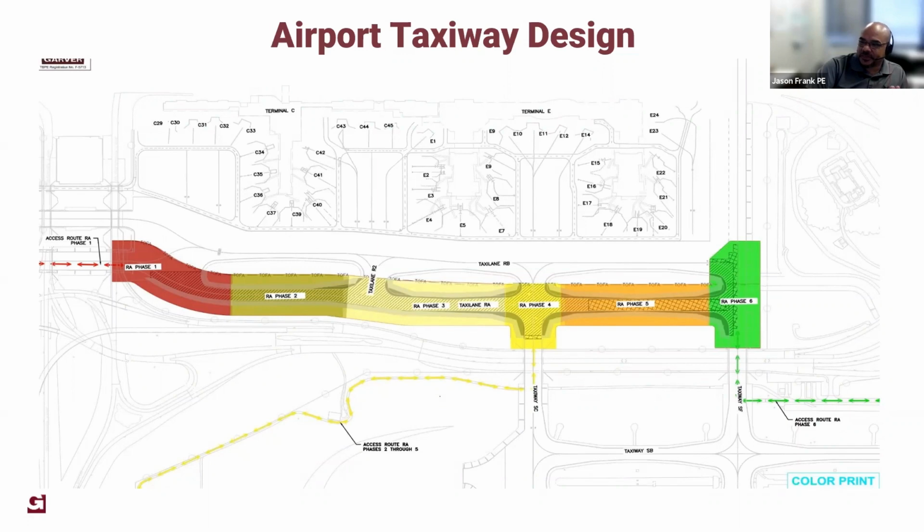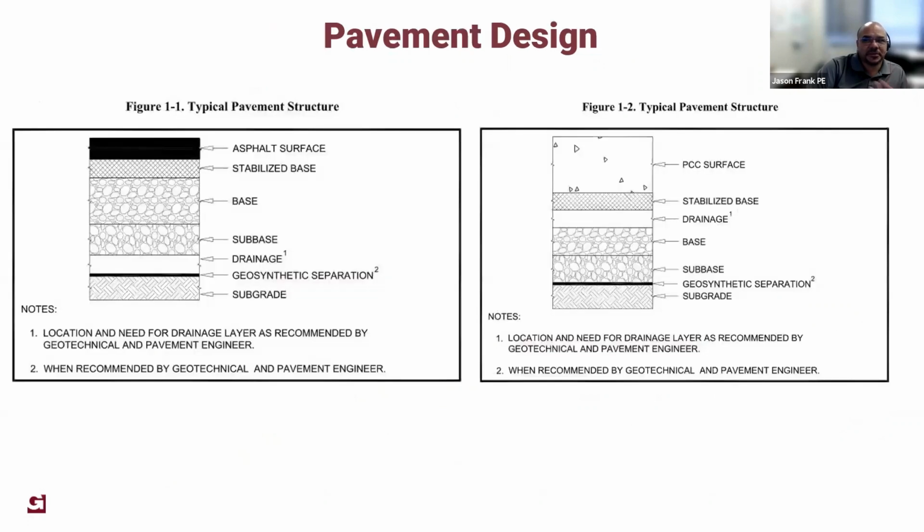So we talked a little bit about geometrics. We talked about runway, taxiways, and how those are done. So we kind of get into the pavement a little bit. Our typical pavement structure here for asphalt and concrete, you see we have an asphalt surface, stabilized base, kind of similar to what goes on to some of the highway pavement. It just depends really on the weight and the number of repetitions an aircraft comes into a certain airport, the